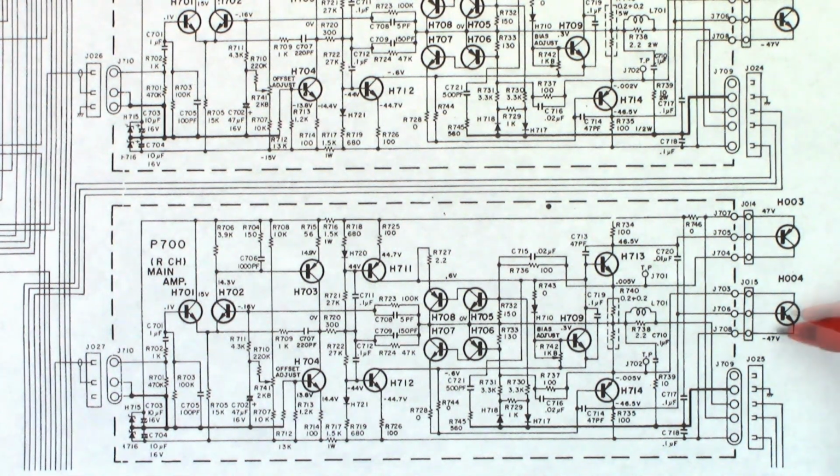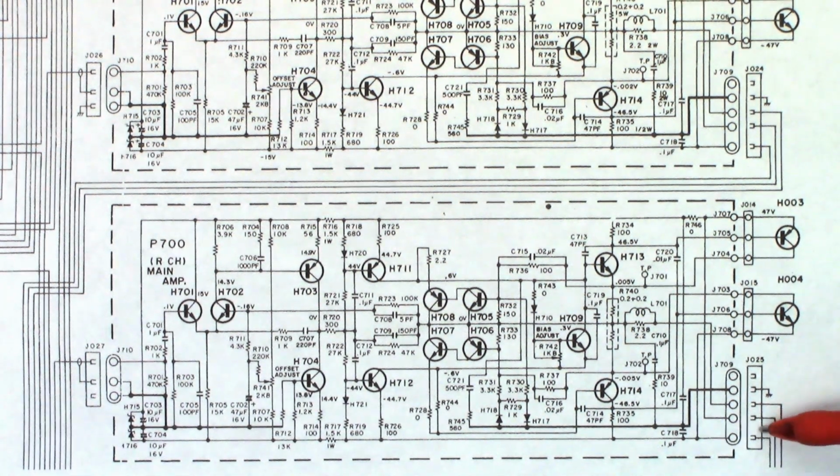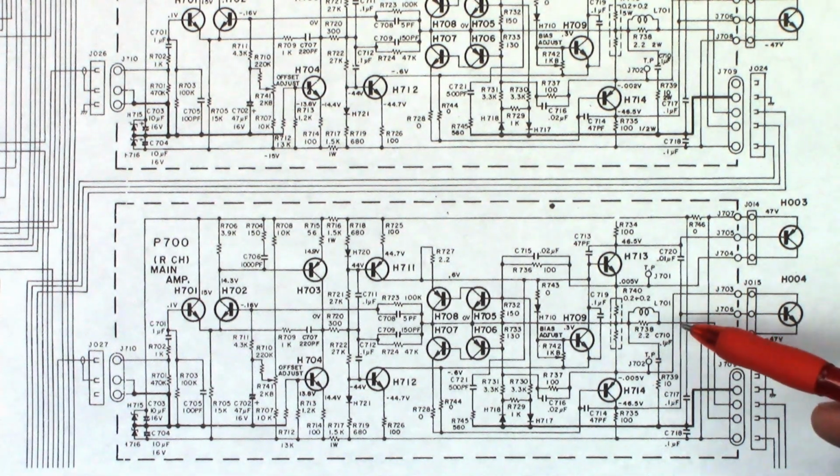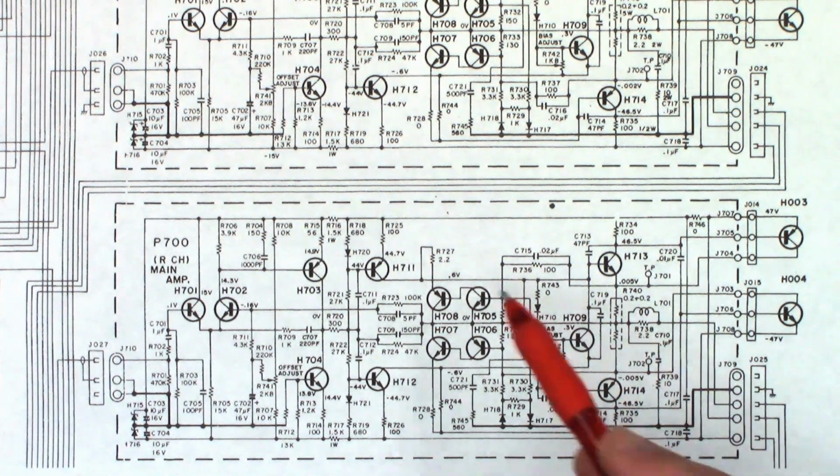That might change. So anyhow, if you look at these pins coming in right here, this bottom pin connects directly to the emitter of this transistor at negative 47 volts. The next pin connects up here to the top of this PNP transistor at positive 47 volts. This third pin is actually the speaker output, and this pin right here is actually chassis ground. So worst case, we'll go ahead and unplug these plugs and find out if one of the amplifier modules right